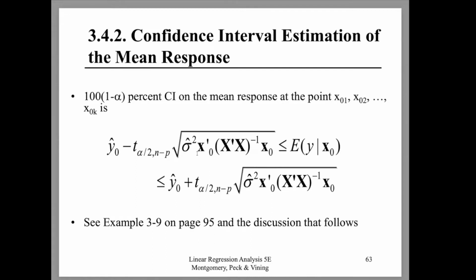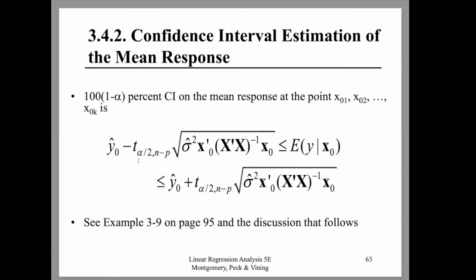So it's x sub 0 prime times the inverse of x prime x, post-multiplied by x sub 0. That's a matrix way of writing that quadratic form. That turns out to be a scalar. We multiply that by the MSE, and then we take the square root of that